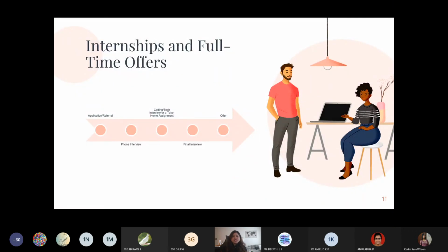So how does the process look? Let's see what hiring looks like. There'll be an application or referrals. Application is an online application: LinkedIn, Glassdoor, any kind of online job site, even the company's website. You just go online, upload your resume, and your cover letter if required. A cover letter is like an SOP, where you tell about yourself. So that's not mandatory. Some of the companies request it.